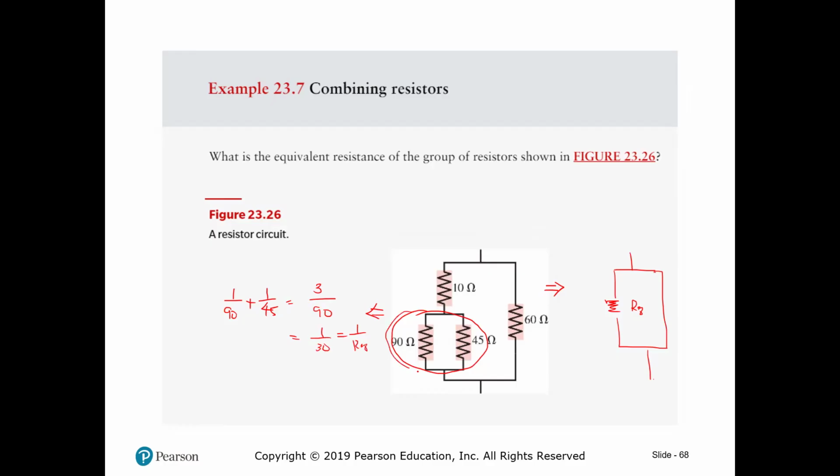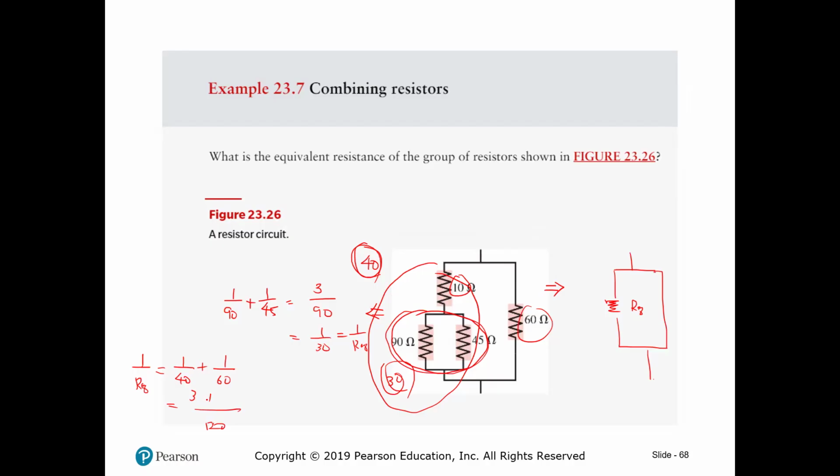So the combination of these two is going to be 30. And then this one and this one in parallel, right? So you've got to add them. The combination of all this is going to be 40. But this one and this one again in parallel. So for your final Req, 1 over Req is going to be 1 over 40 plus 1 over 60, which is